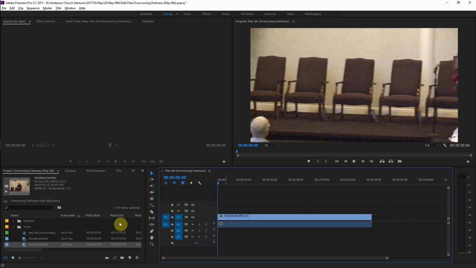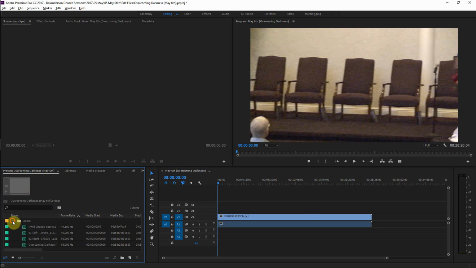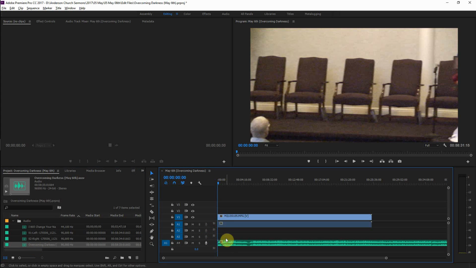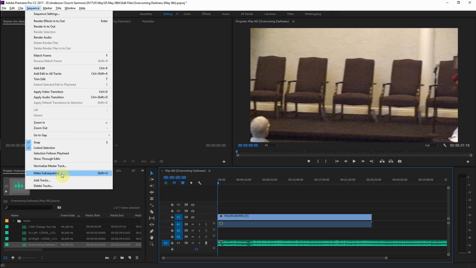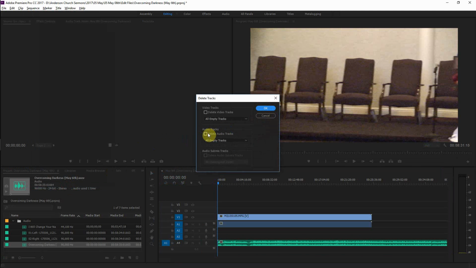Okay, we'll go ahead and delete that one because what I want to do is sync up audio. So I'll grab. Yeah, here are the right and left channels that I recorded using Scarlett. But I want the mix down, so I'll bring the mix down. And this camera records 5.1 audio, which I don't know why. It doesn't make any sense to me, but that's the way Sony made this particular camera, so I just live with it.